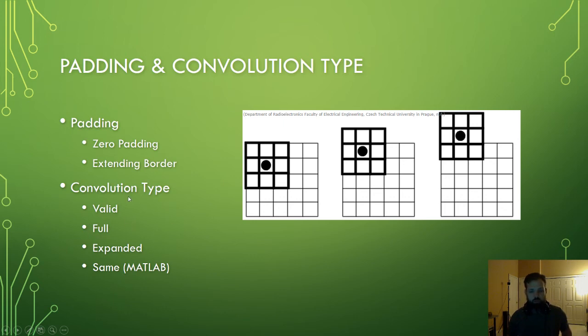A full convolution is going to be applying the filter anywhere where the center of the filter doesn't go off the edge of the image. So in this case, you're going to need to consider what type of padding you're using. An expanded convolution is where you're applying your filter anywhere where any portion of your filter overlaps any portion of the image. So you're going to need a lot more padding here, and you're going to end up with a